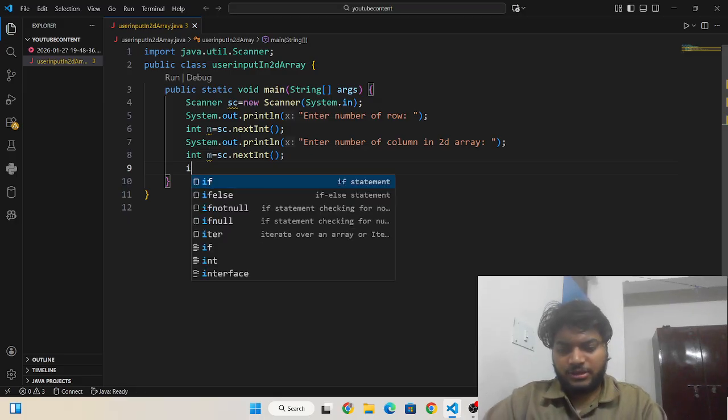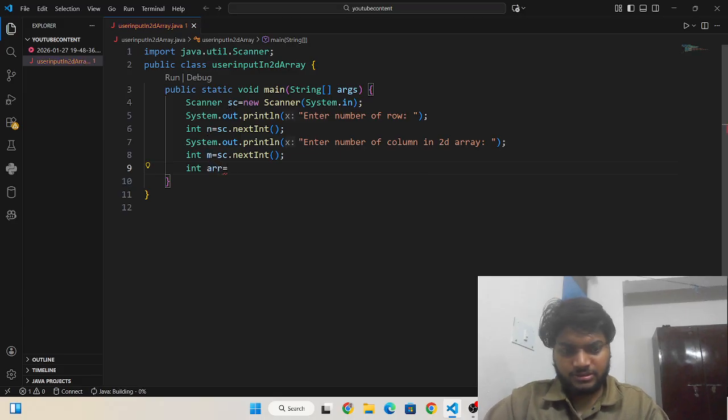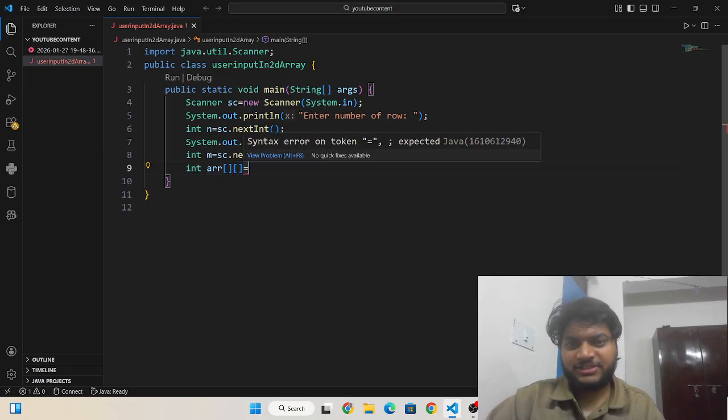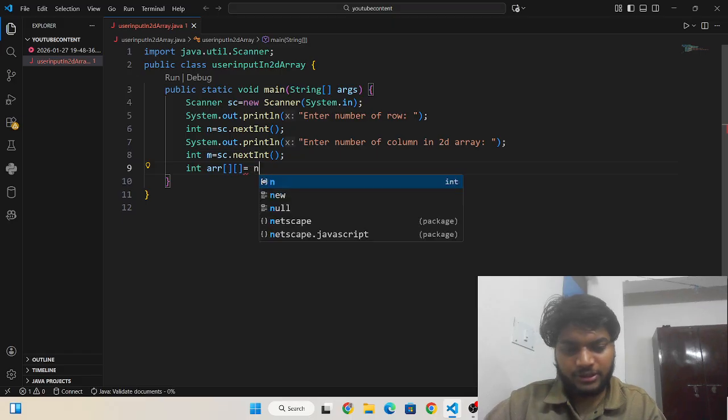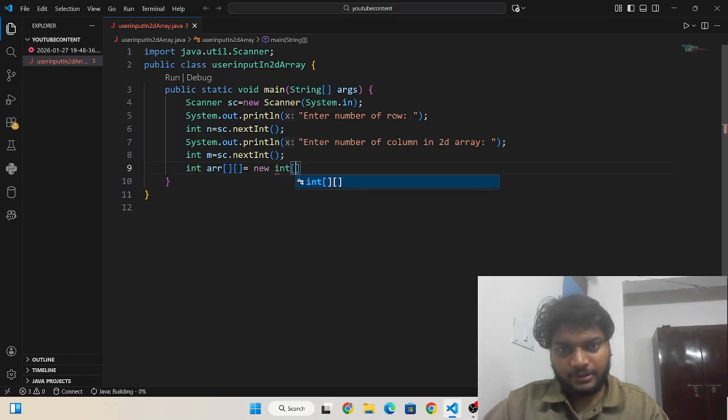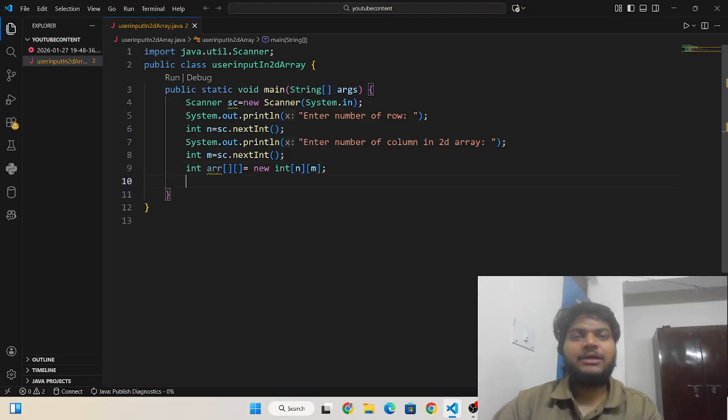Then I need to declare int arr of two square brackets, equals new int, and then n and m. n denotes the number of rows, and m denotes the number of columns. Now I have declared a 2D array which has n rows and m columns.